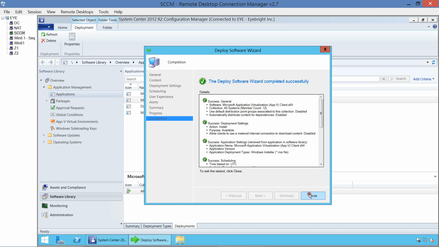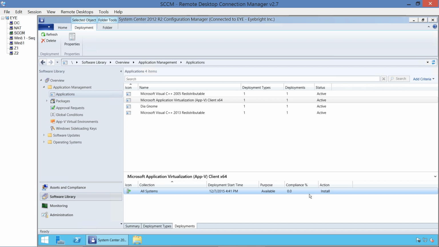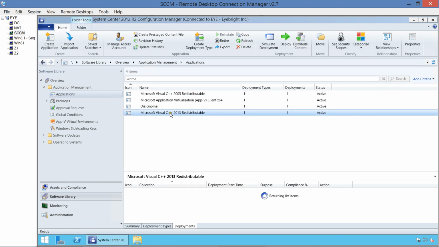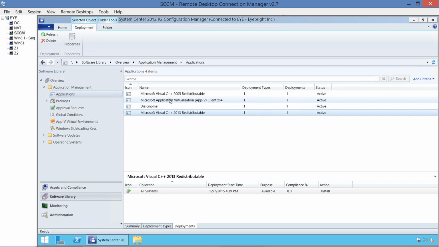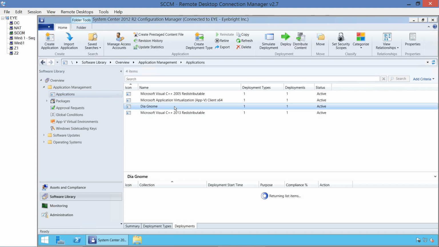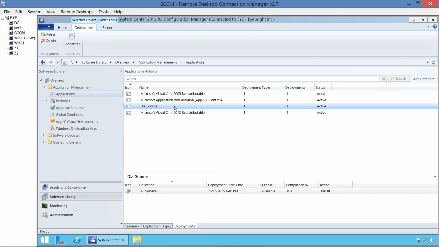So far so good. We have created the applications, we have deployed the applications. 2005 redistributable, 2013 redistributable. There are requirements for the AppV client to run. The AppV client is of course necessary for all the virtual applications to run. Once all the applications have been created and deployed,